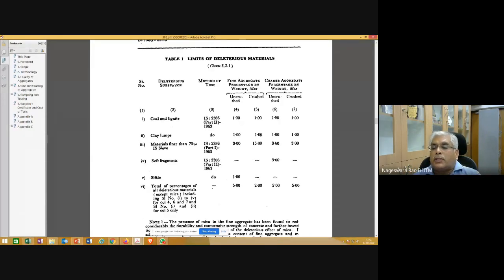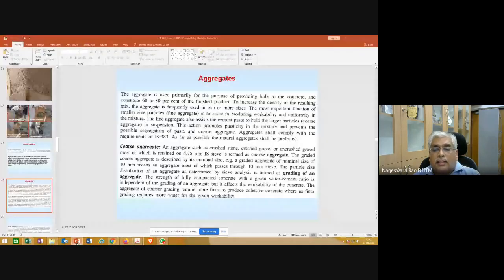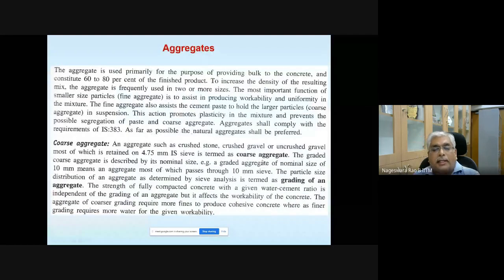And clay lumps, and you can see different kinds of possible materials. What is the maximum permitted as per the code? That is given in Table 1 of IS 383. Okay, so now let's go to whatever is written here, and then we'll come back to IS 383.